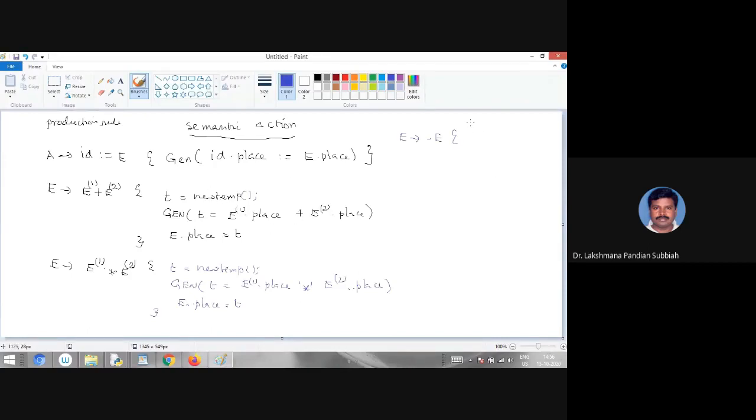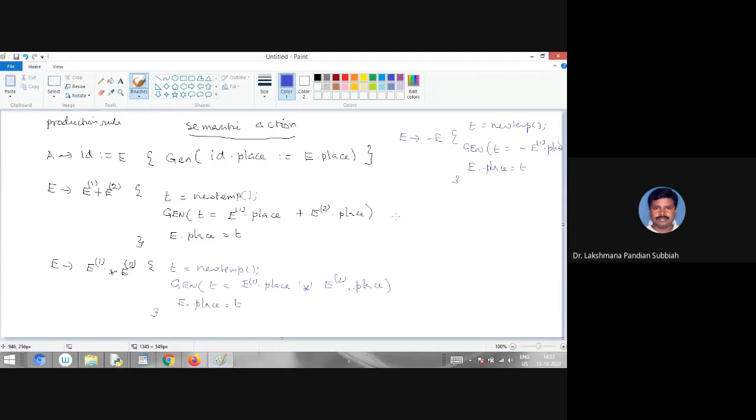Here we are having T equal to new term, a new temporary variable. Then you have to generate a code as T equal to minus followed by E1 dot place, right? Then you have to put E dot place equal to T. This is the semantic action you have to take.